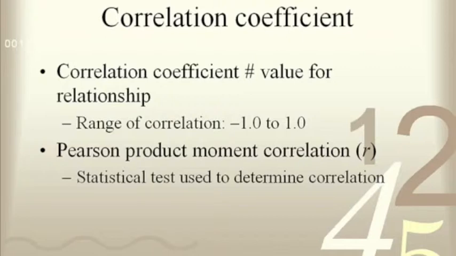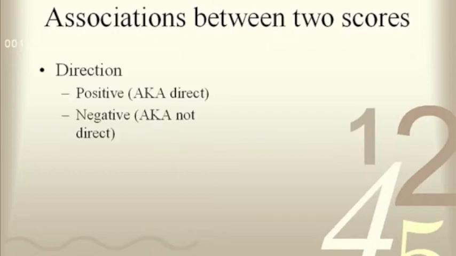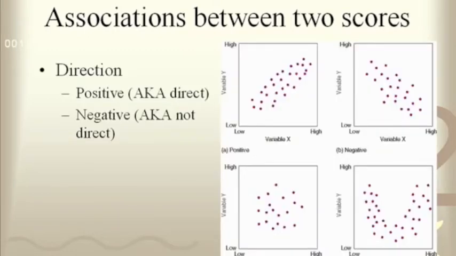I'm not going to bog you down with the actual statistics of doing that, because our computer programs do all this stuff for us. So I want you to understand the concepts behind the numbers, not actually how to calculate the number. So Pearson's gives us a number, and there's a couple different things that it tells us and gives us: association between scores. And this association can be seen by directions,